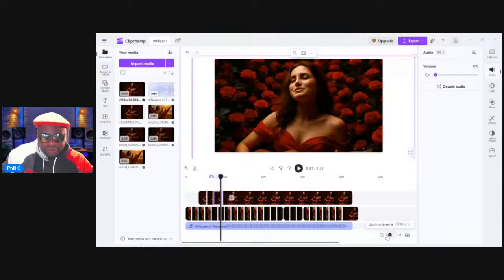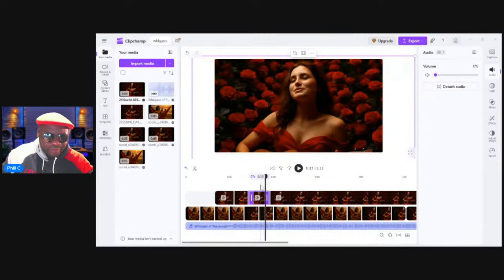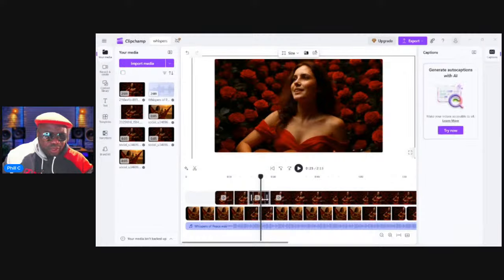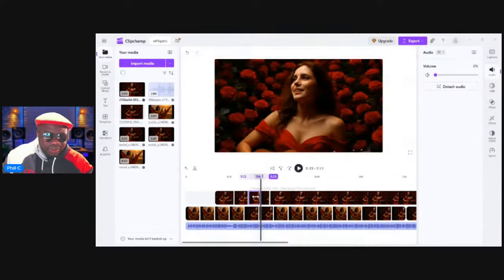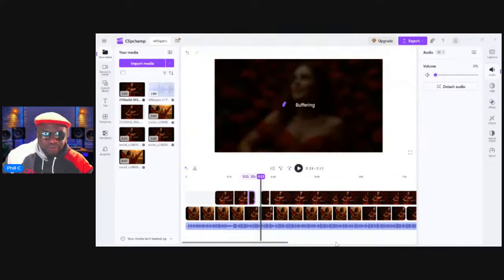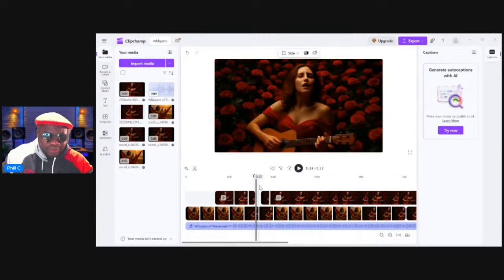And when you zoom in like this, you have better control of the timeline. So you could split the images. You could split the image so that what is happening under it serves as an alternate.